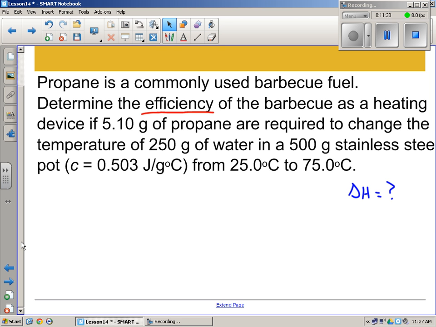Propane. Propane. Jimi Hendrix. We're not gonna